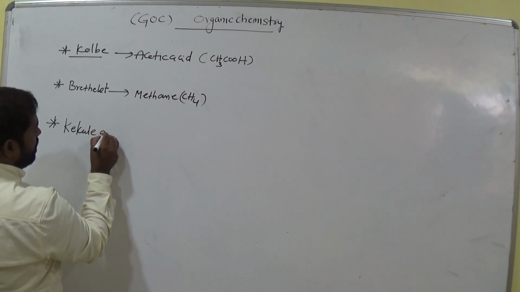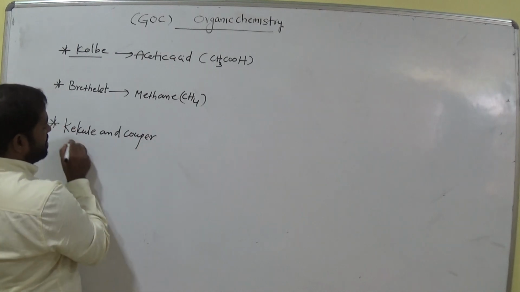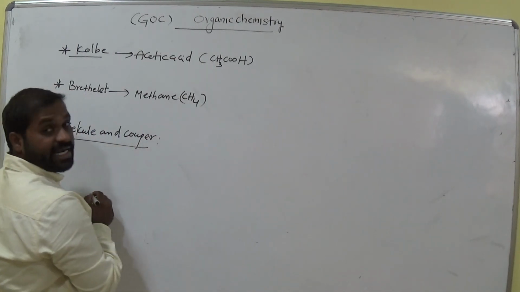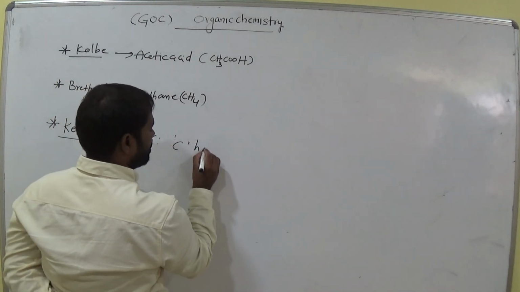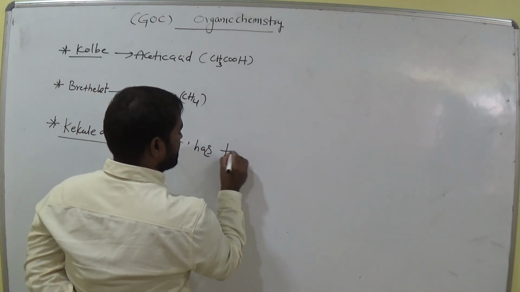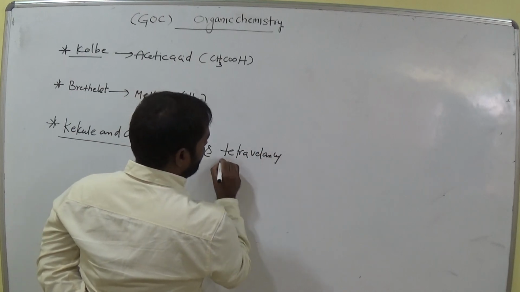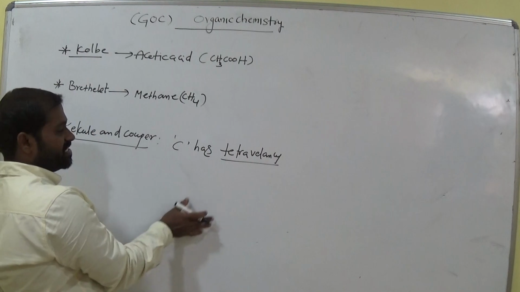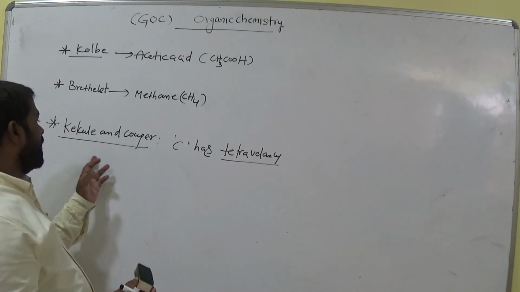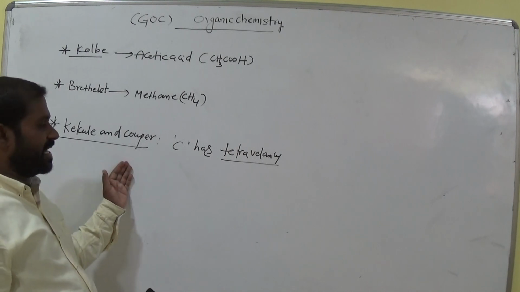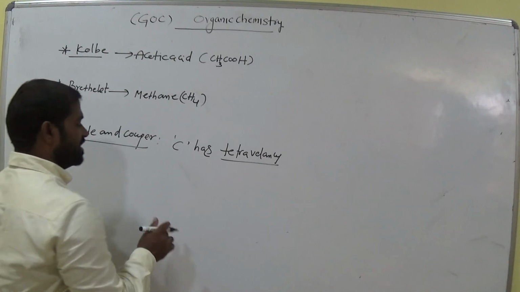Kekulé and Cooper suggested, they introduced, what they told is that carbon has tetravalency. Tetravalency. I will explain what is tetravalency. So carbon has tetravalency. Who proposed that? Kekulé and Cooper. These are both scientists who proposed that carbon has tetravalency. Tetravalency means,